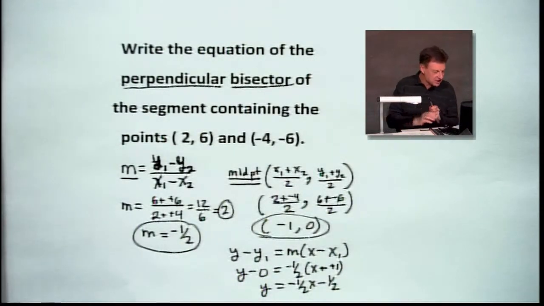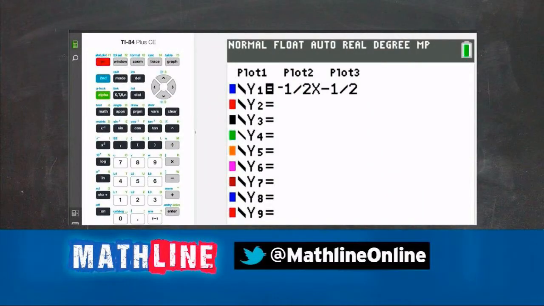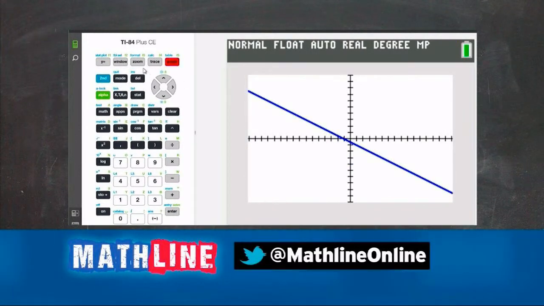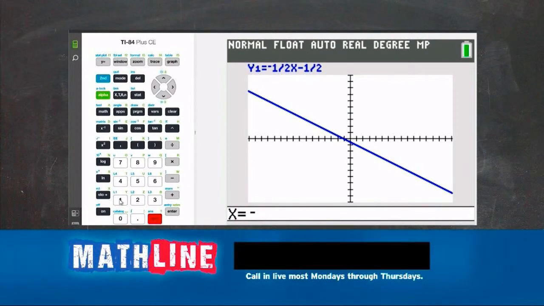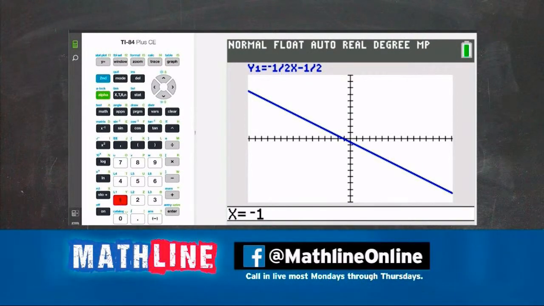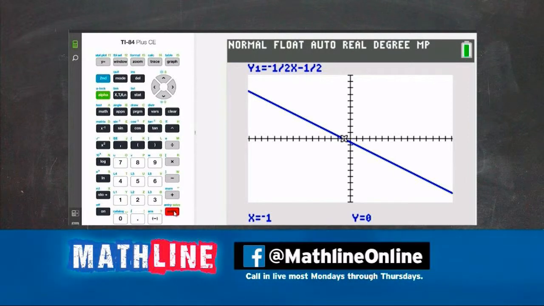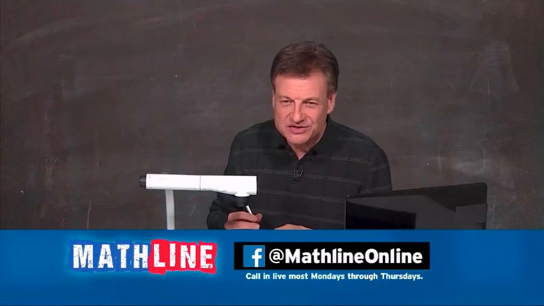Let's go to the calculator and see if that's what we've got. All right, I've already put it in there. By the way, notice there's a negative there, and that's a minus. Be sure you put the right signs on there. Let's graph it. Well, there it goes. And let's trace. Let's see if our negative 1, 0 is what we wanted. Boy, I hope so, because we're about the end of the show, aren't we? Hit that negative 1, enter, we go to 0, and we got the right solution.